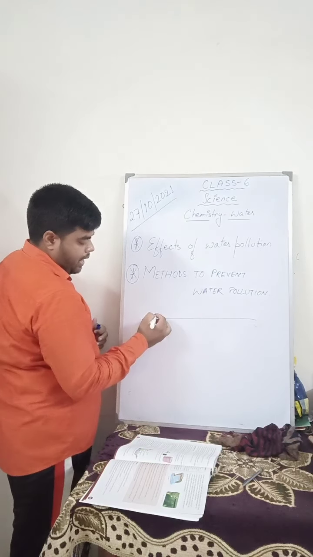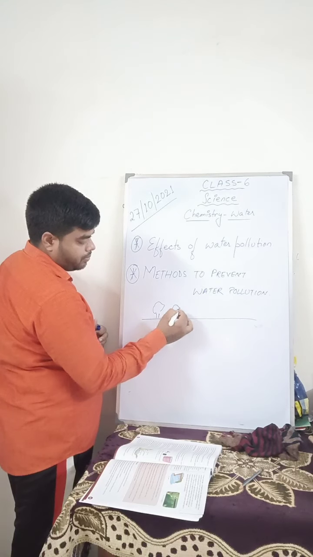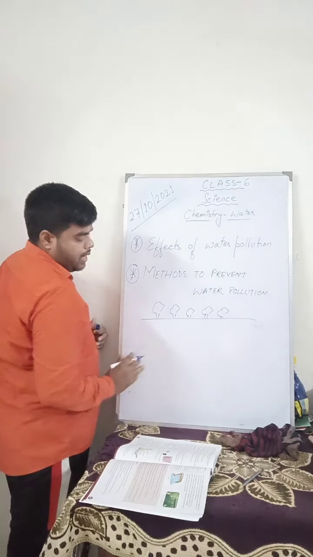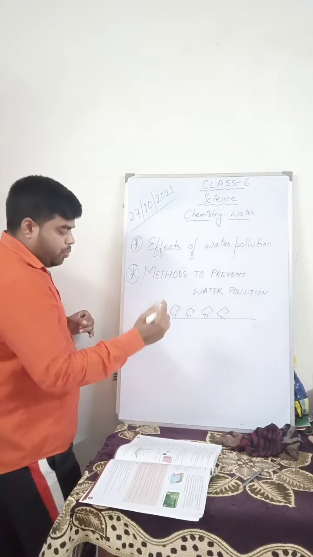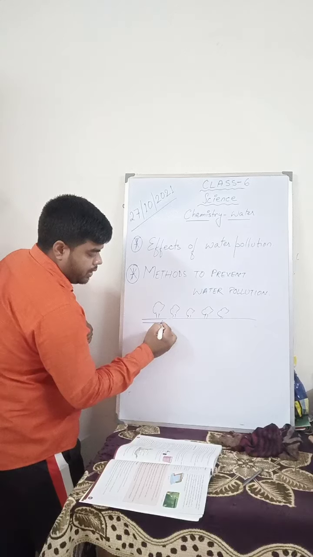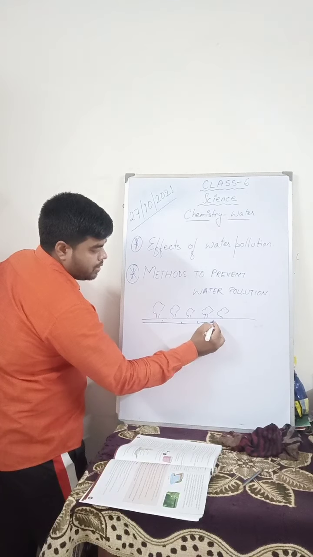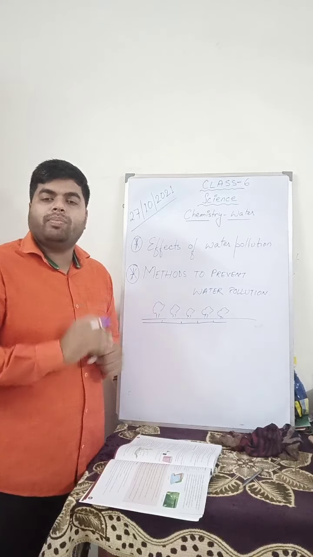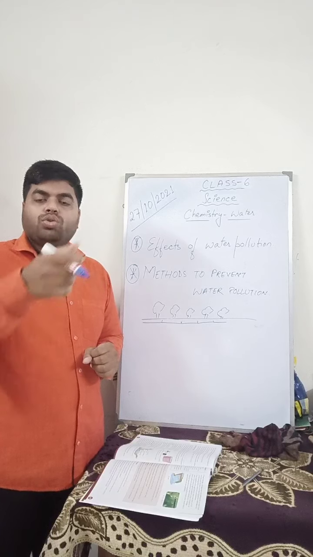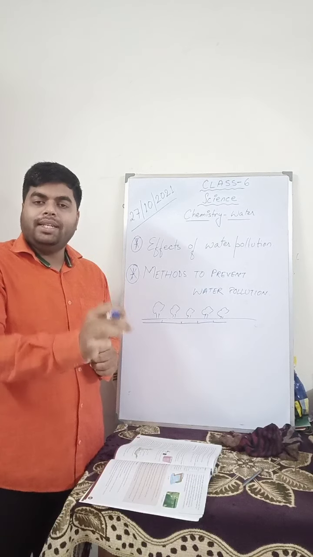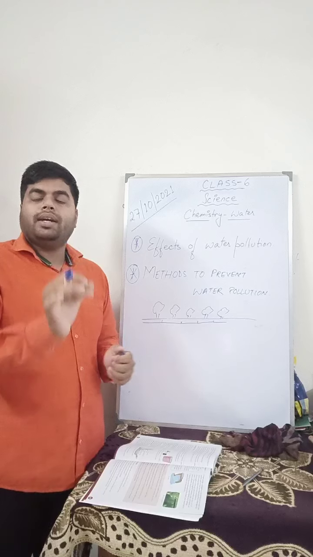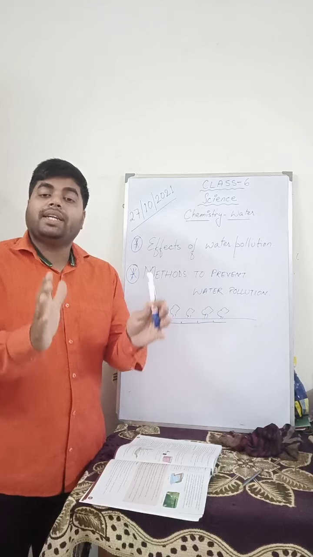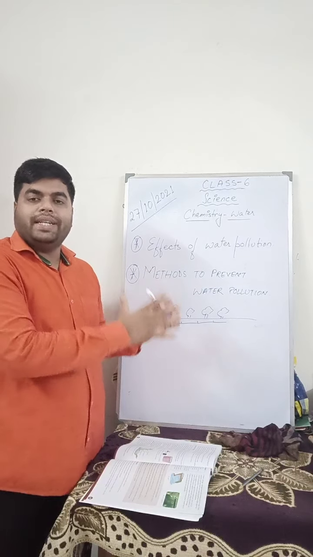Suppose if this is a lake and you have planted here. Now, drip irrigation means there should be a pipeline here, and here should be one opening. Again, here should be one opening. Here should be one opening. So there should be one opening just near the root of each and every plant. And you should allow the water so that the water reaches the root of that particular plant drop-wise in small droplets, so that it takes that much amount of water which is required.